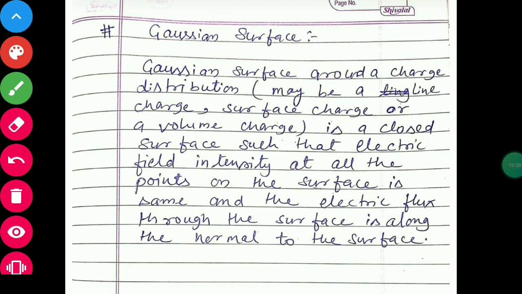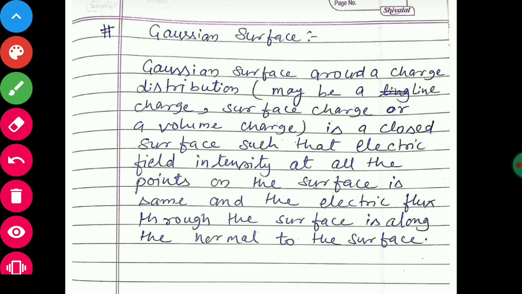Now the last one is Gaussian surface. Gaussian surface around a charge distribution. It may be a line charge, meaning linear charge distribution, a surface charge distribution, or a volume charge distribution. It is a closed surface. The most important thing is that whatever the charge distribution, when you use Gauss's theorem, the surface should be closed,